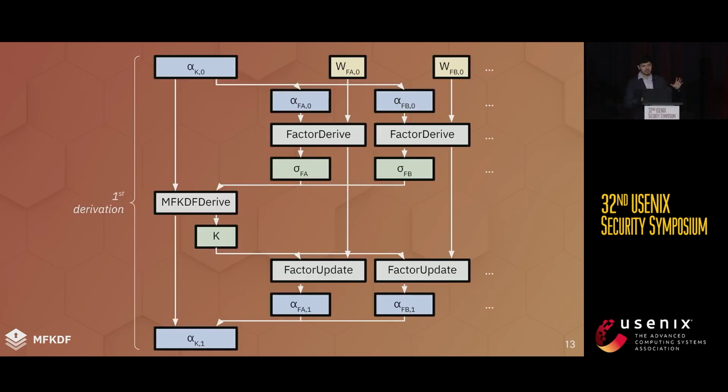And so this is the key insight of MFKDF, is that you can use a little bit of fairly simple cryptography to accomplish this. And unfortunately, I don't have nearly enough time to go into the underlying cryptography. But there's basically a key feedback mechanism that allows the key derivation function to store secrets ephemerally in the function itself. What's essentially happening is that every time a user derives a key with multi-factor key derivation, they're setting up the next login attempt already, so that the next login attempt will succeed if and only if the correct factors